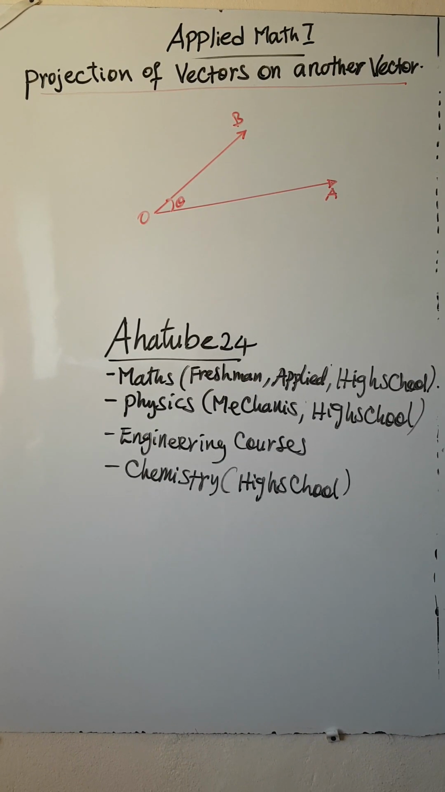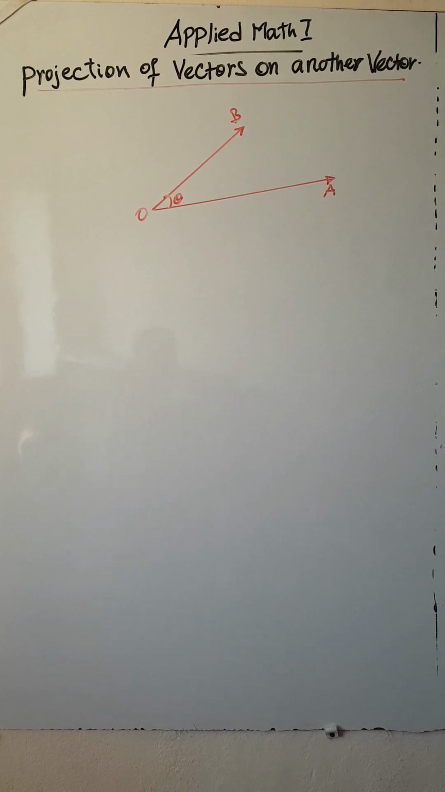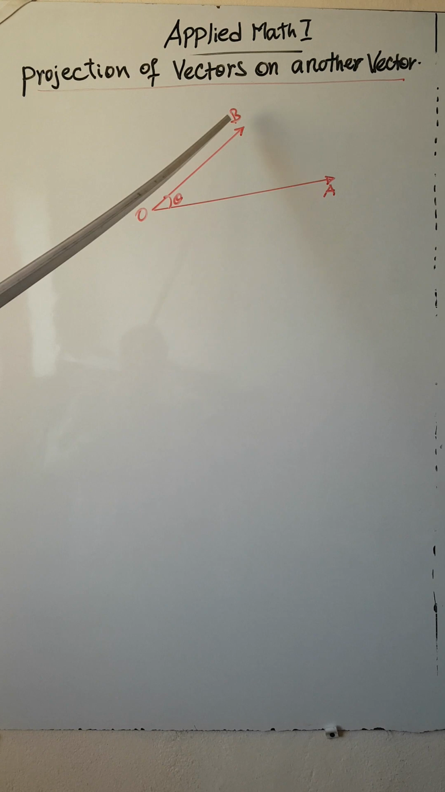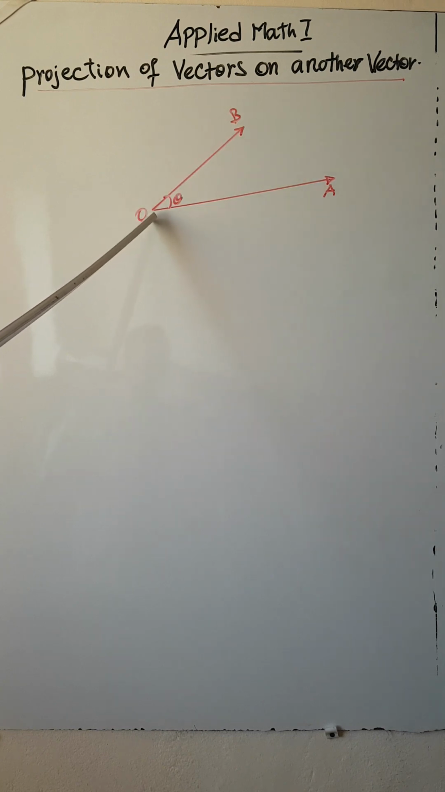የዛሬ ቶፒካችን አፕላይድ ማትስ ላይ ፕሮጀክሽን ኦፍ ቬክተርስ ኦን አናዘር ቬክተር የሚል ነው። ሶ እዚህ ሁለት ቬክተሮች አሉ እንደምትመለከቱት ቬክተር ኦቢ እና ቬክተር ኦኤ አሉ። በመካከላቸው ቴታ የሚባል አንግል ፎርም አድርጓል።